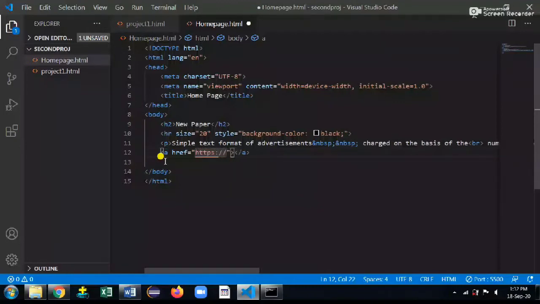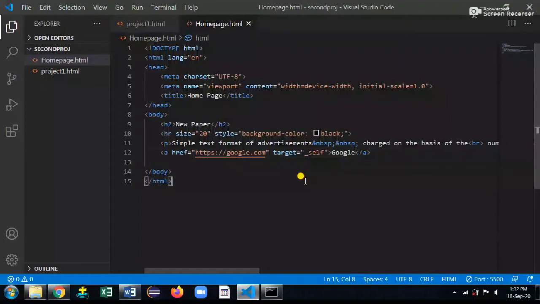HTTPS google.com and target we need to give underscore self, and this link, how it will display on the web page, we will give the name for the link. So I'll give Google itself. So it will display our link as Google name.